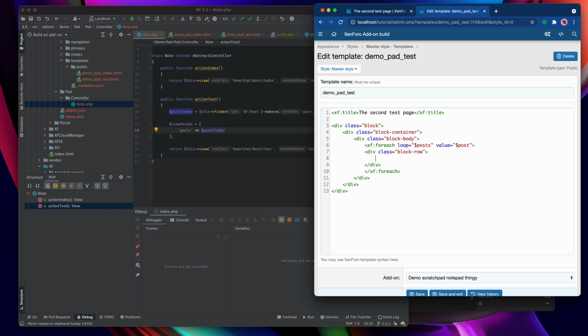So let's say the post ID equals {$post.post_id}, and let's be a little bit more stylish about this. Let's have a ul class equals listInline listInline--bullet. I think we'll do something that looks a bit nicer, and then we'll have individual list items inside that.